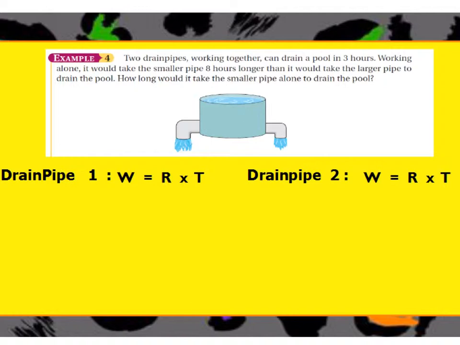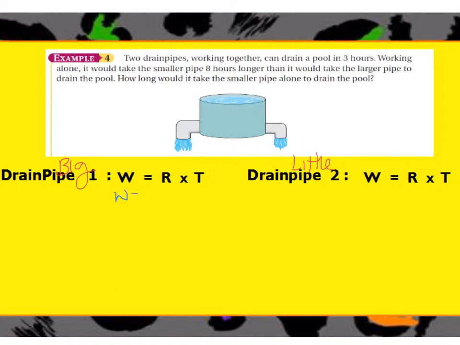We've got drain pipe 1. I don't know why I called it that. Let's call it the big pipe. And drain pipe 2 we'll call the little pipe. All right, we're going to figure out the work that the big drain pipe can do plus the little one can do is always going to equal 1 completed job. So for the big pipe,